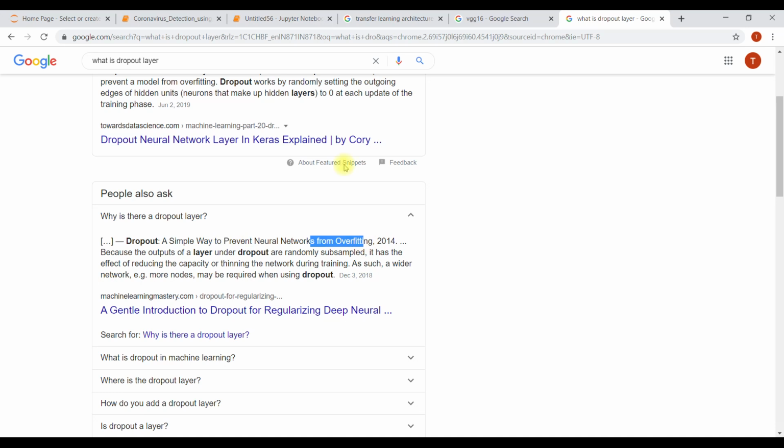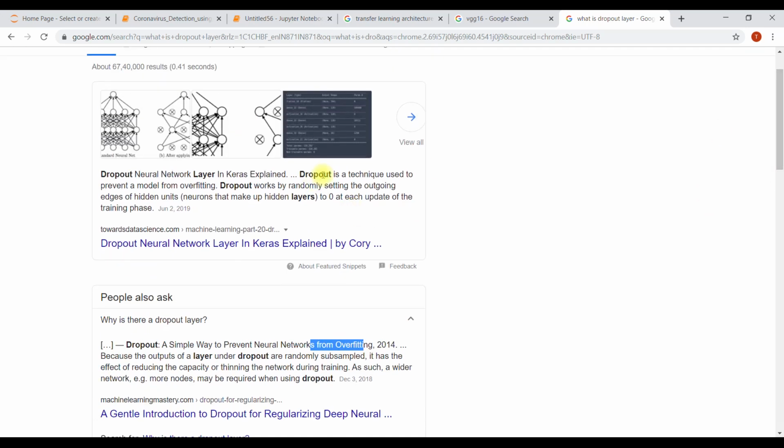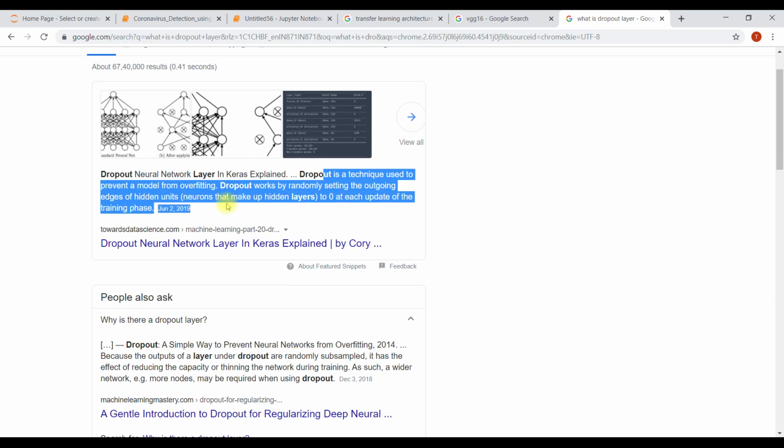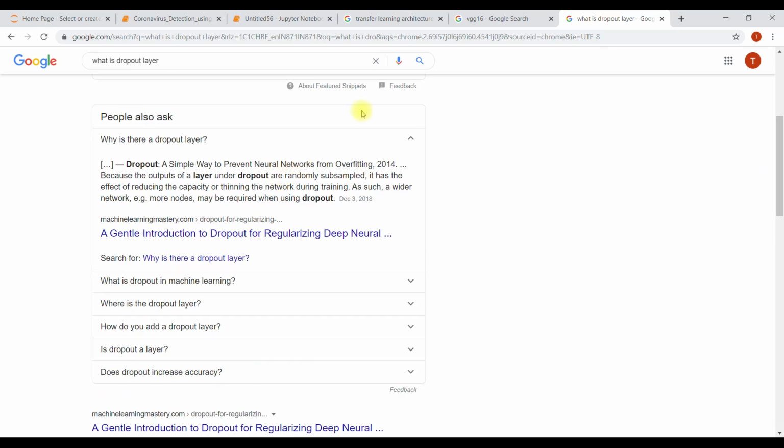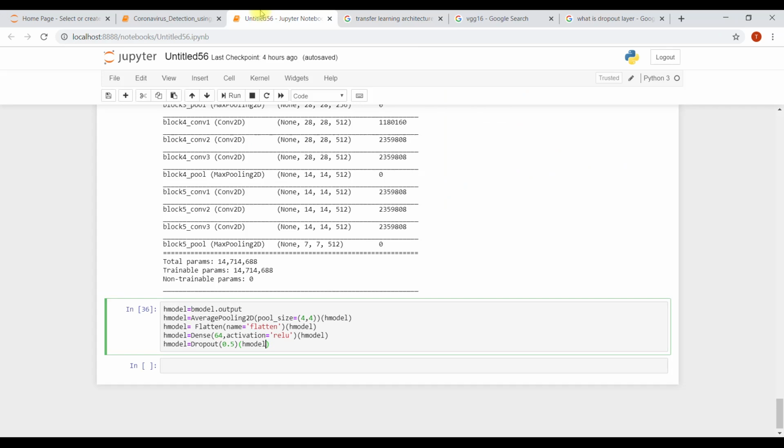Dropout is a technique used to prevent a model from overfitting. Dropout works by randomly setting the outgoing edges of hidden units. So this fine-tunes your model and prevents overfitting, meaning achieving 100% accuracy, which is actually not good.